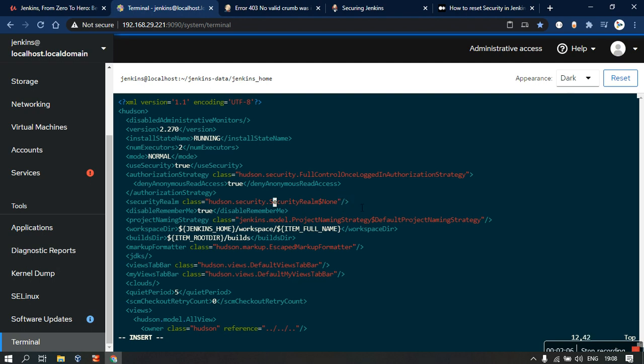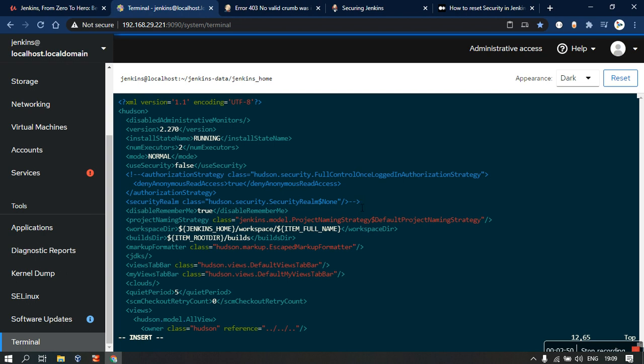Now we have to remove some lines of code. We have to comment out a few lines of XML. Firstly, we have to make the Jenkins instance unsecured, so that is for setting use security as false. The next part is we have to remove the authorization strategy element along with the security realm. Like this we can comment these out. This means we are disabling the security for some time. Once we have our hand back at our Jenkins UI, we can enable these again.